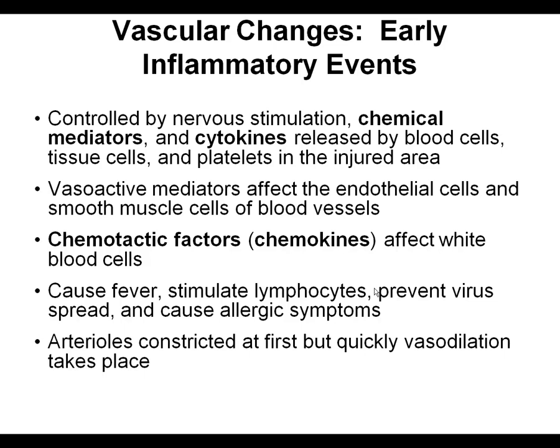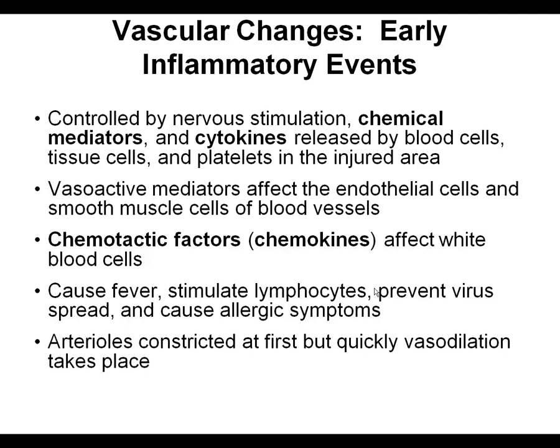You're going to have some mediators that are going to affect the endothelial cells of the smooth muscle of the blood vessels, which is going to cause that constriction, and then we're going to start with our vasodilation. You have some chemotactic factors, or called chemokines. These are going to affect white blood cells. These are going to be things that are going to draw those white blood cells to the area of injury. You're going to have the production of fever. You're going to have some of those lymphocytes stimulated to come to that area of injury. Hopefully these are going to prevent viral spread, and you're going to have some stimulation and potential cause of allergic